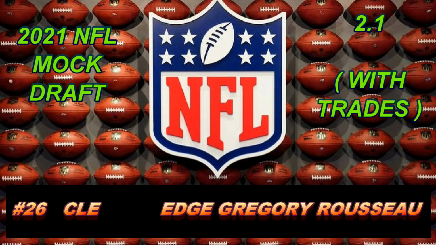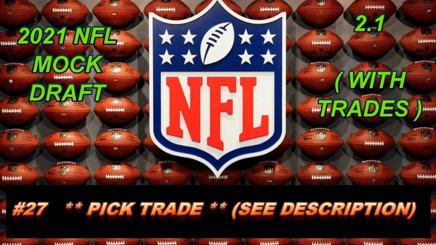And I will certainly hear arguments that Ojulari is the proper pick, but I definitely have them focusing on the edge. Pick number 27 is up now. It's currently owned by the Baltimore Ravens, but I think the Ravens could go in a couple of different directions. And I think it's going to be rather complex for them to figure out specifically where they should go with